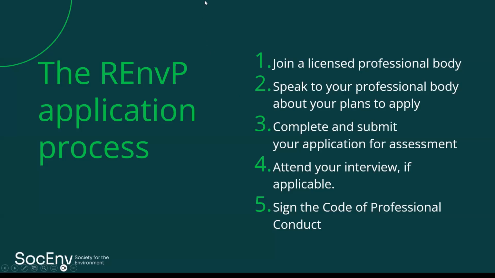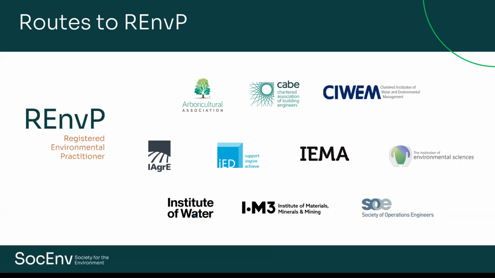Now, these are the 4 or 5 steps you need to take to become REnvP. Firstly, join one of our licensed professional bodies. We call these the routes to REnvP. These are the names and logos of the 10 professional bodies we currently license to assess and register appropriately qualified and experienced individuals for REnvP. You need to join the one most appropriate to your sector and speak to them about